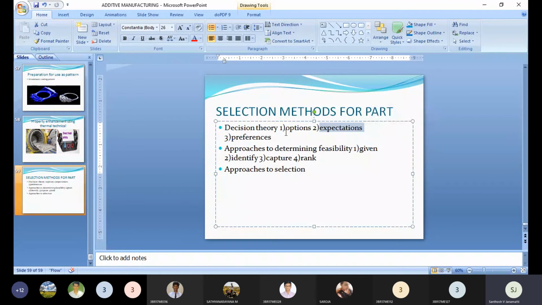And options. N number of machines are available. N number of 3D printing methods are available. We need to take 2 or 3 options. We cannot depend upon only one option. There are a number of options, and you need to understand each option and which one is most compatible, which one is easiest, which way we need to travel to reach the destination, because we have 3 to 4 ways to reach our home. That is what we call options.